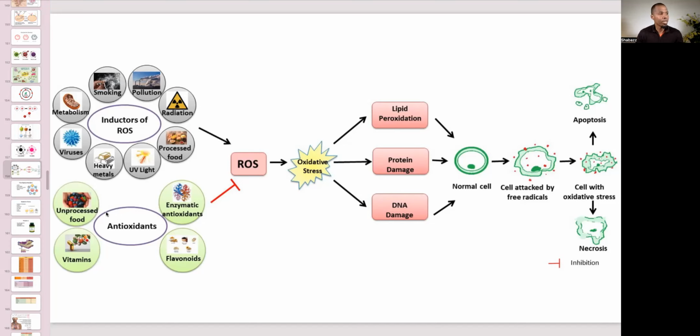So look at this. How are we going to get rid of those free radicals? Antioxidants and enzymatic antioxidants, flavonoids, and where are we going to get those? Leafy greens, okay? Fruits. Flavonoids go along with the phytochemicals like lycopene, isoflavins, beta carotene. All of these are phytochemicals, which are wonderful nutrients that you're going to get from the unprocessed foods.